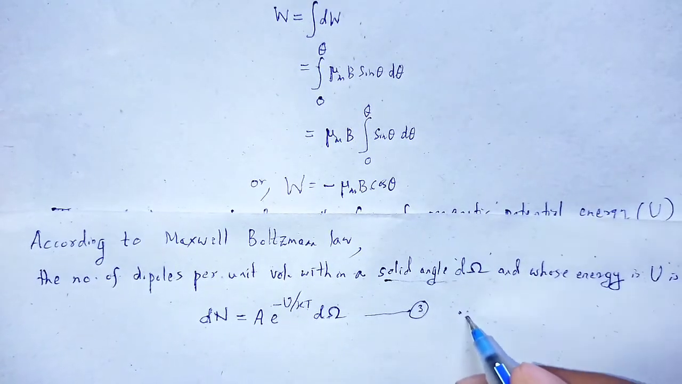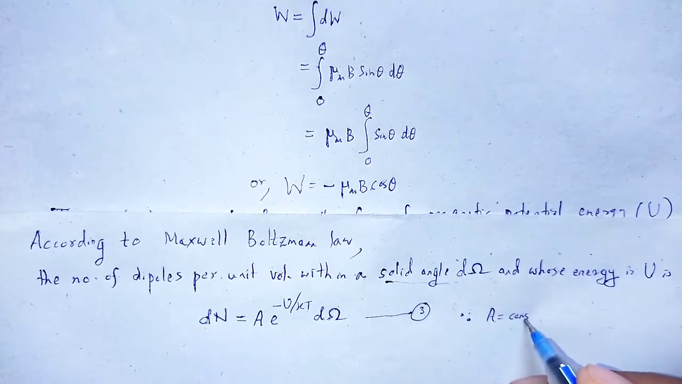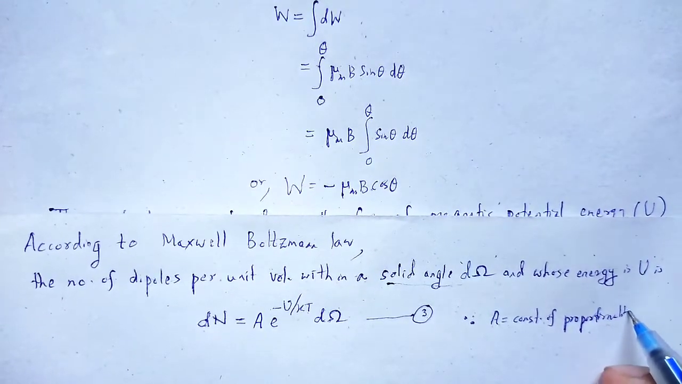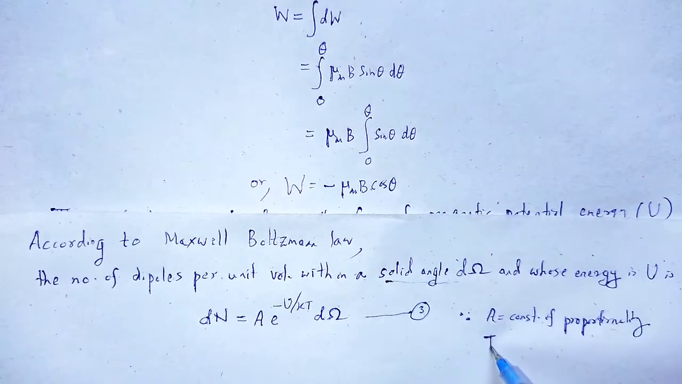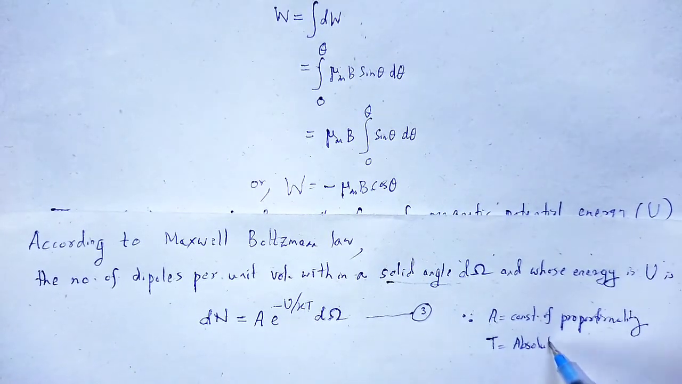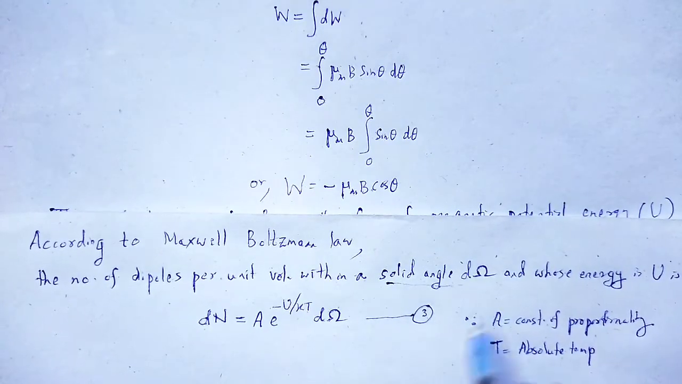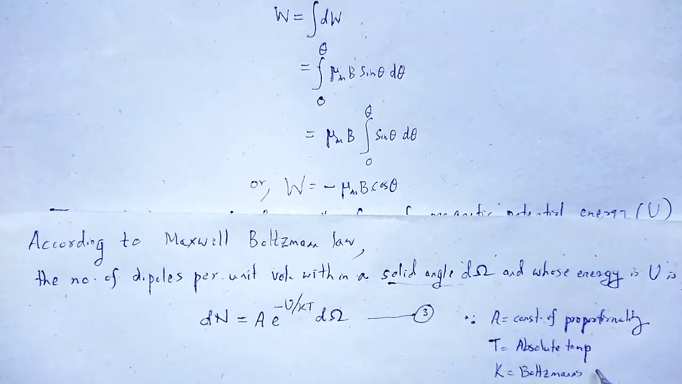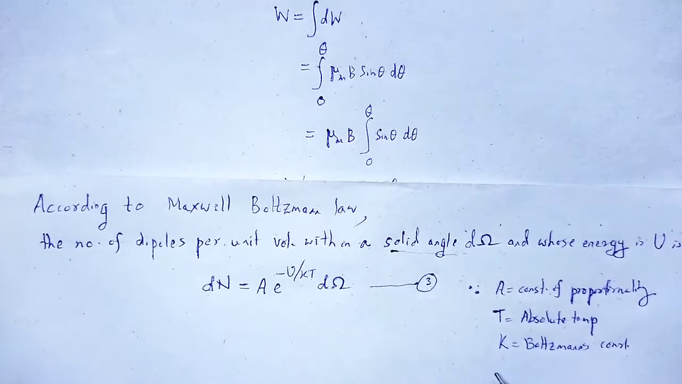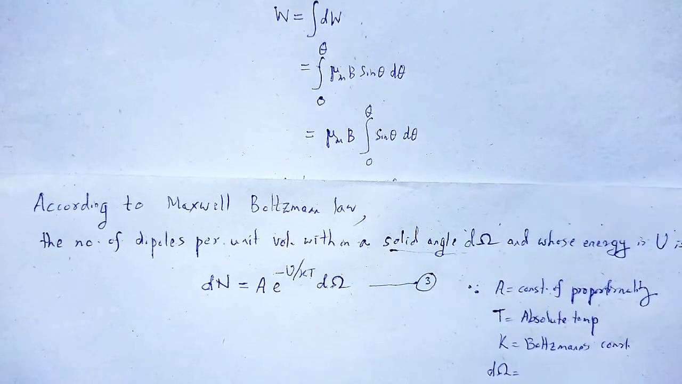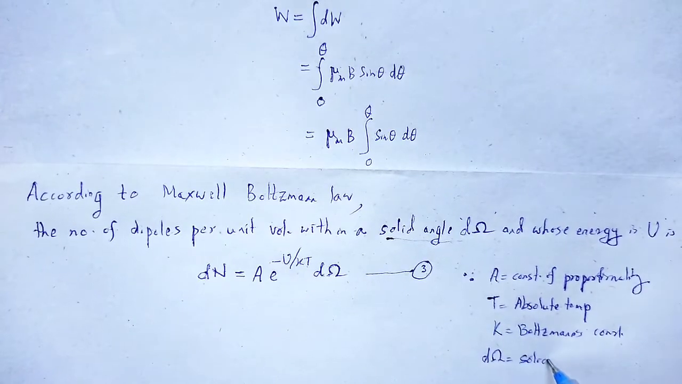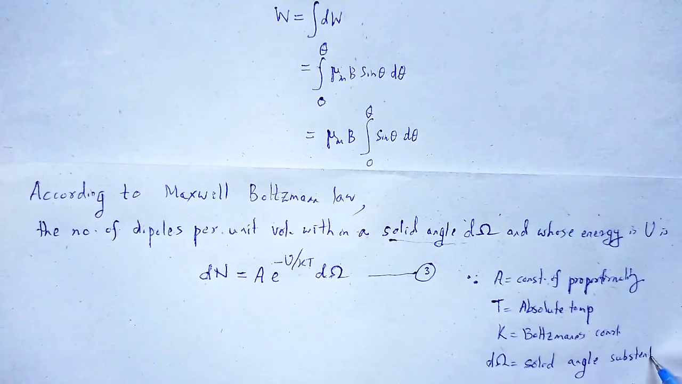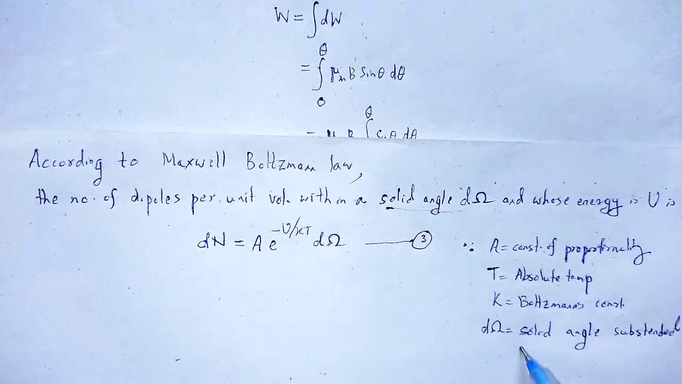where A is the constant of proportionality, T is the absolute temperature, k is the Boltzmann's constant, and d omega is the solid angle subtended by